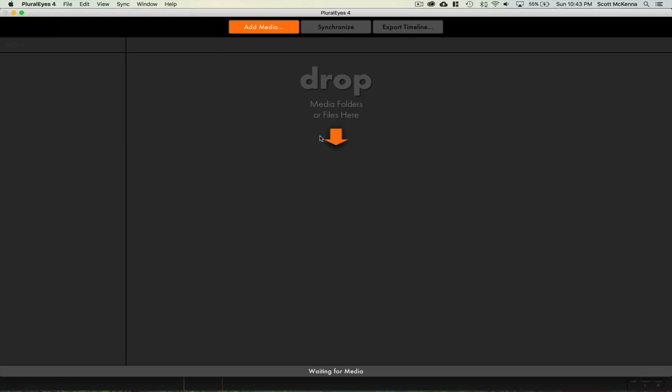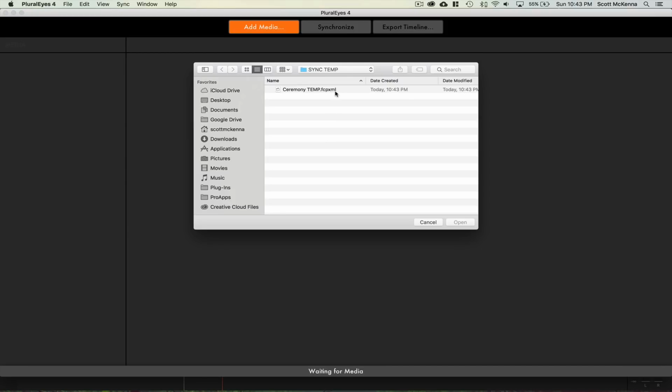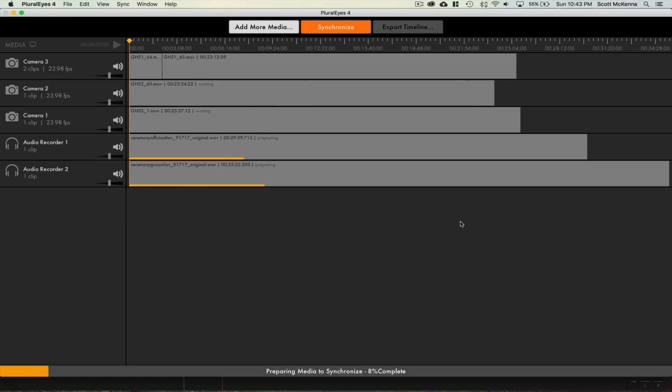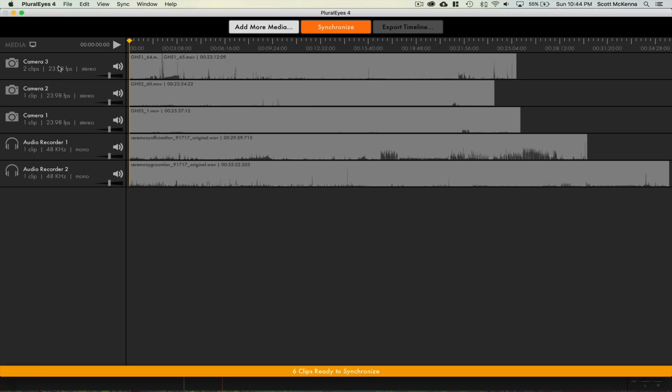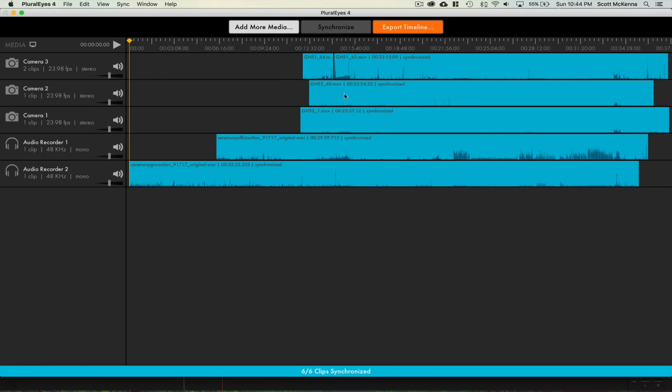Same with Premiere. Once you do that, it's going to ask you to find the XML, and all I do is simply select this one that I just created and I go ahead and hit open. Once you do this, you can see that basically it has labeled these camera 1, camera 2, camera 3, and audio recorder. And you simply hit this big, huge orange button called Synchronize. And when you do that, Pluralize does all the magic, and if it's all blue, which it typically is, that means it's all synced.